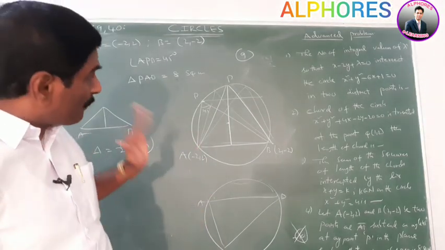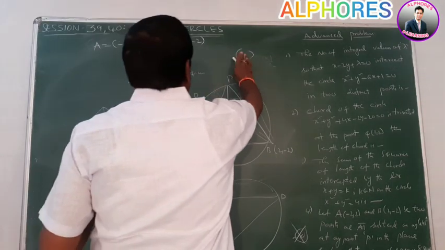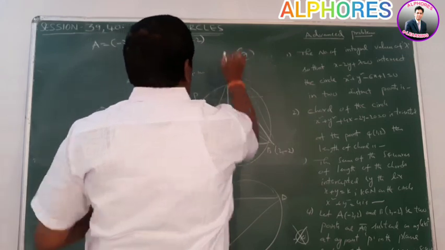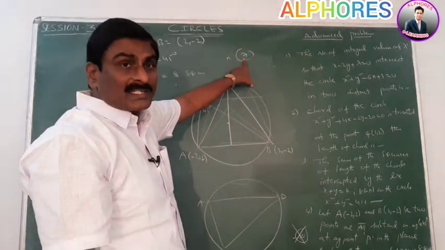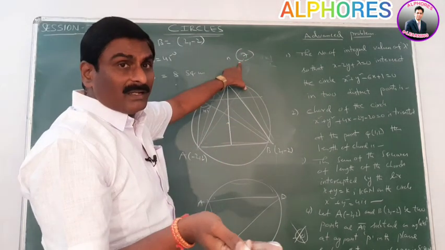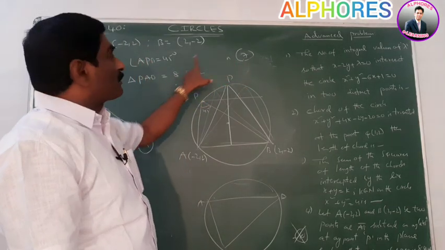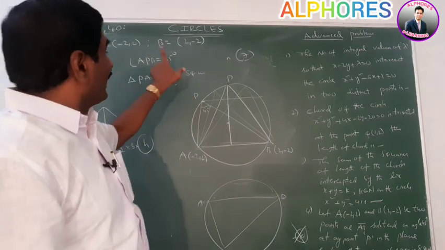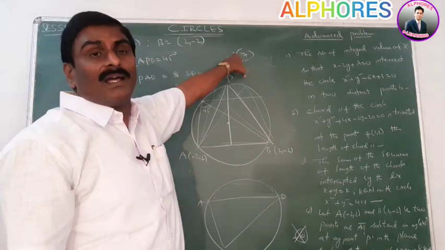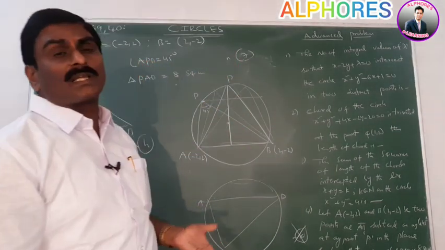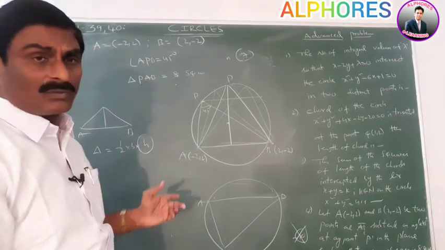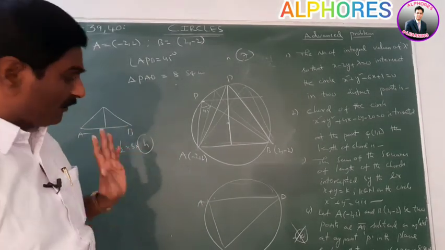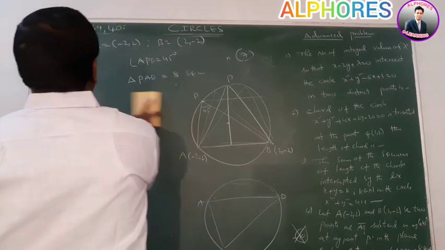Okay. Suppose the given area is 8 and the maximum possible area, at this height, is 7 units. The maximum possible area is 7, but the required area is 8. Is it possible? More than the maximum value is possible or impossible? It is an impossible case. If the given area is more than the maximum area, the number of possible points P is 0. By using this, we can do this problem. Very, very important. Please note this point.